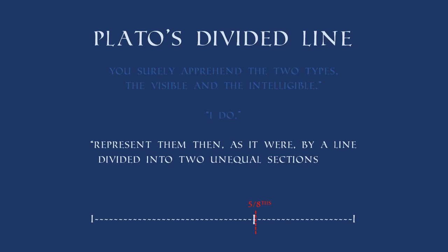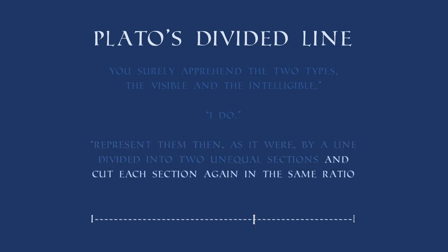So it's actually if you divide the Republic into 8 parts, it's at the end of that 5th part where you have the 5/8 division. That's where this mention is made. So again, you have this rationalization of what is essentially an irrational. Now, what Plato goes on to write in this dialogue is he says to cut each section again in the same ratio. So each one of those parts, like this longer part and this shorter part, they also get divided by that same ratio that's been used to do the first division.